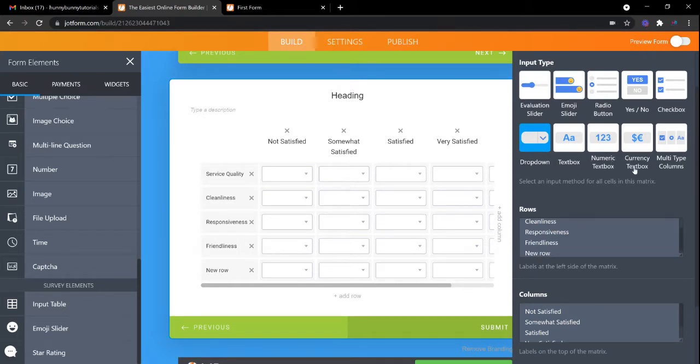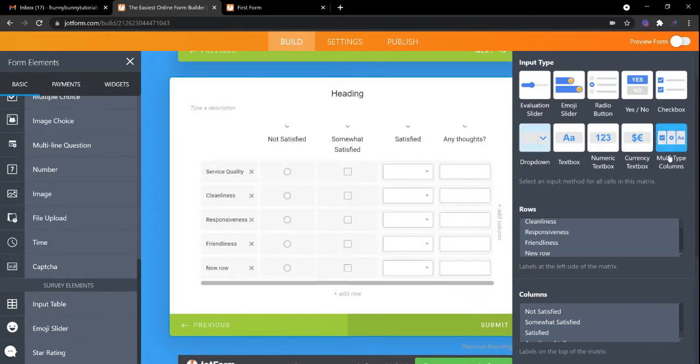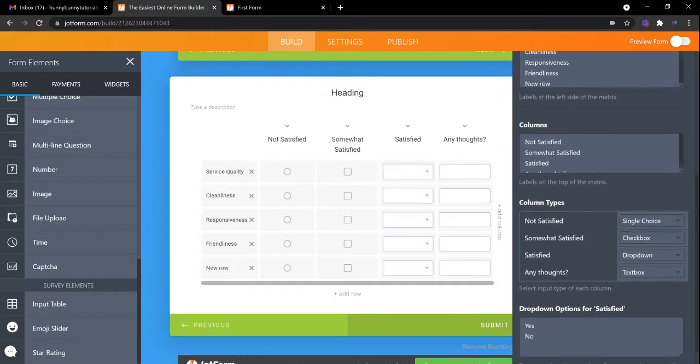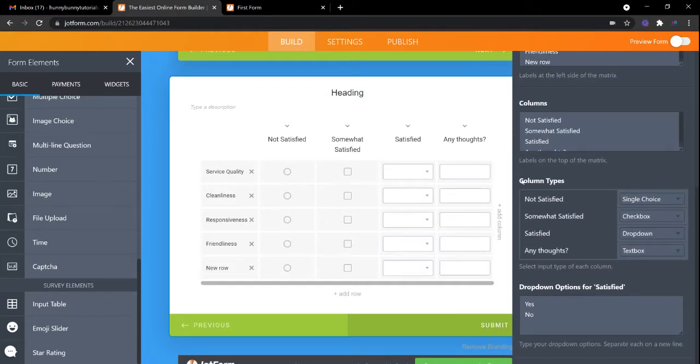And if you want to show a matrix with multiple options, like you want your first column to be radio buttons, you want your second column to be a checkbox and something like that, then they offer the option for multi-type column. In multi-type column, you will be seeing an extra label that is called column types.